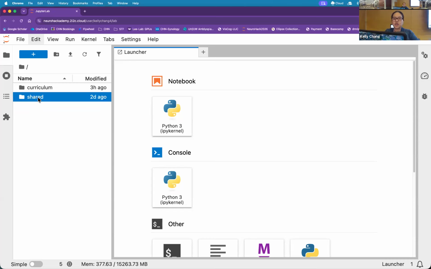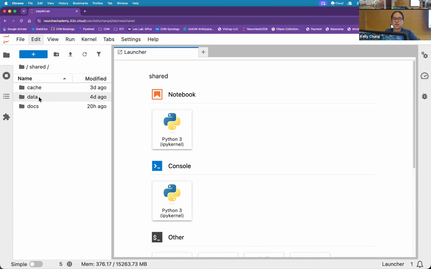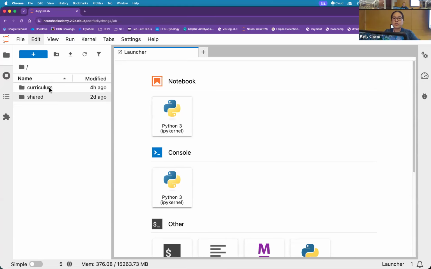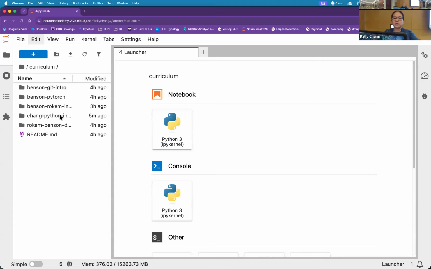So you already saw some of the shared items today. Some of the docs, such as the Zoom links and the schedule, are also here for you. They'll be here every time you load it up. But there'll also be a curriculum folder, and this will get populated throughout the rest of the week. So sometimes if you don't see something, you may need to just repopulate your instance.